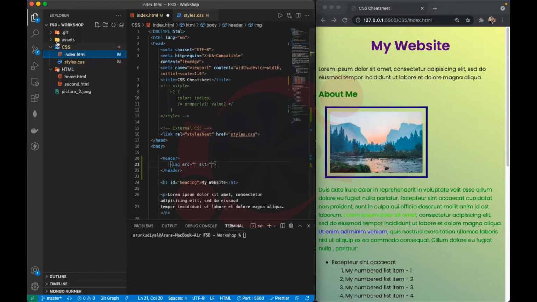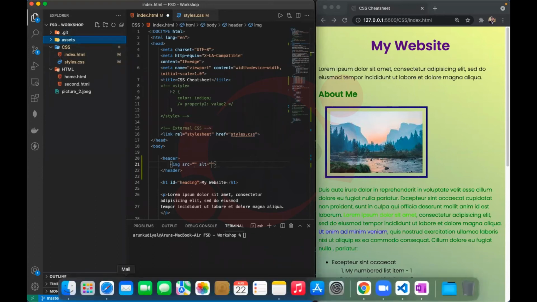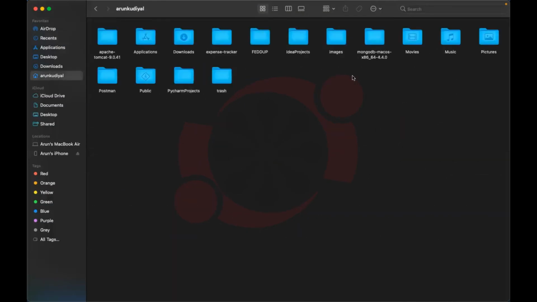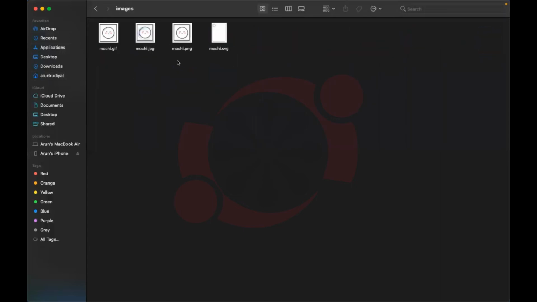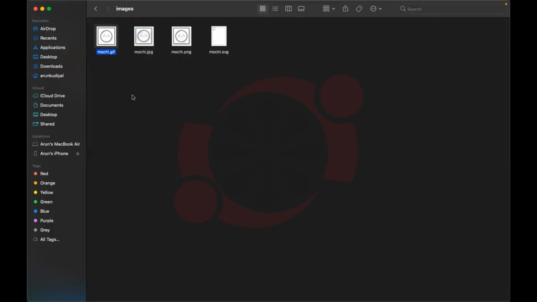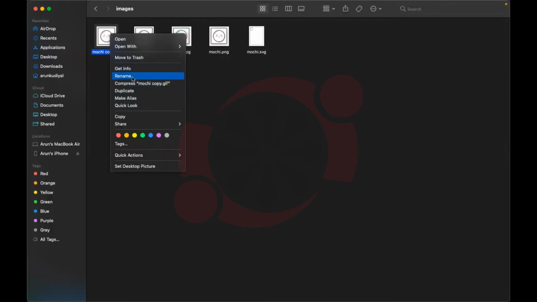For the image, wait a second. First, I'll add the image. Let me see what kind of images I have. Oh, these are the emoji images. Let's take this GIF. This is going to look good. Let's copy. Oh, wait. So let's duplicate this. And let's rename this to, let's say